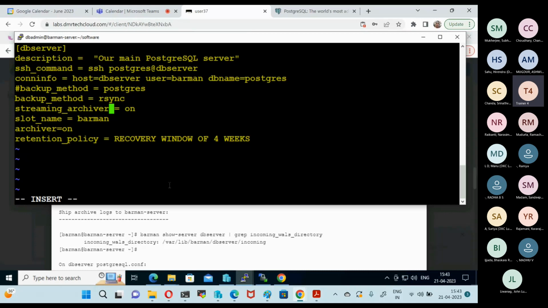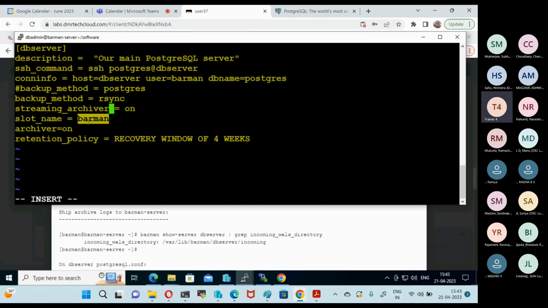Okay, so we want the slot name. As you know, sometimes what happens is, if the redo logs are read continuously by any standby, due to network lag or something, there could be a chance that the standby will not be able to get the redo logs. Sometimes the server will not retain the redo logs. So you have the problem there. If you want to tell the Postgres server to retain the redo logs which are required by the standby, irrespective of whatever happened,